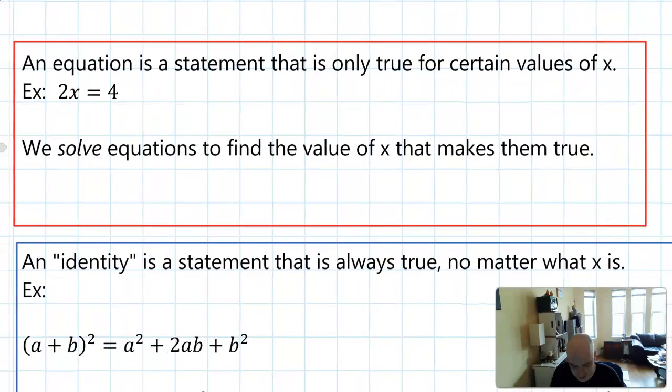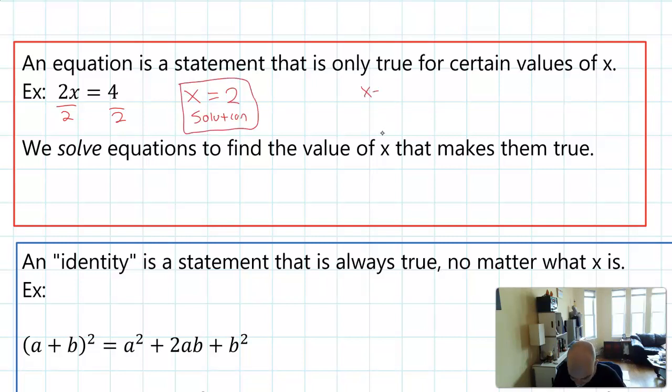So first, equations, and these are things we've seen before. An equation is a statement that is only true for some values of x, like 2x equals 4 is not true for all x. And what we do with equations, usually, not always, but usually, is we solve them to find the values of x that make them true. For this one, I could divide both sides by 2 and get the value x equals 2. And we call that the solution,